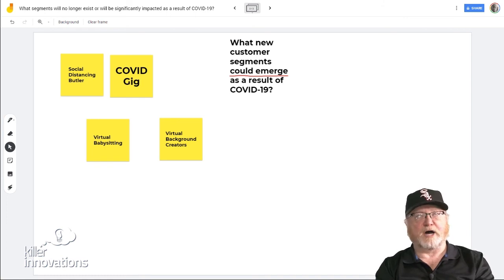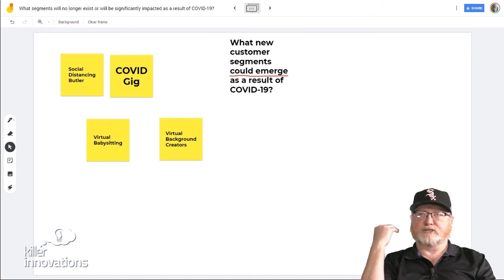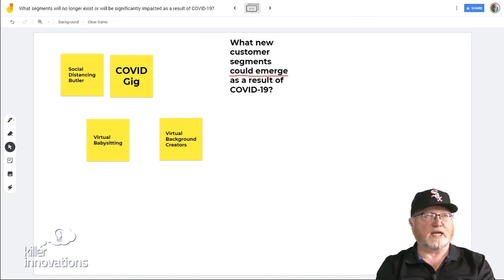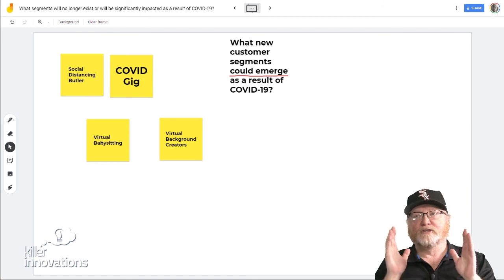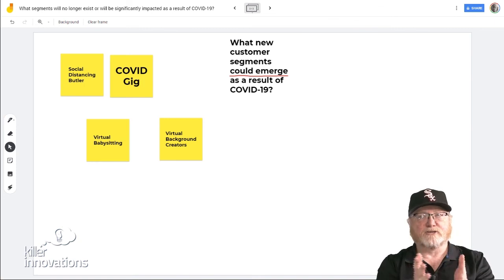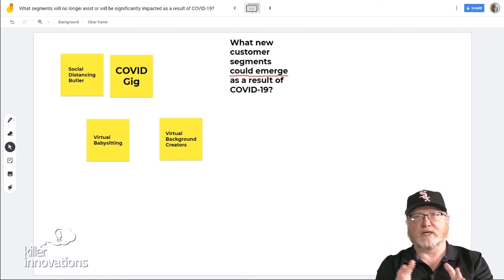Zoom has become the most popular tool for doing that, and therefore, as a result, there are needs for lighting, and I've got studio lighting here in the studio. I have a green screen behind me, which allows me to appear as I am right now in the lower corner of the video. So I think people are going to make those kinds of investments to create an environment so that you can be more productive, more effective, even more engaged with the activities that you need to do in order to be successful in your career, your business, family, etc.